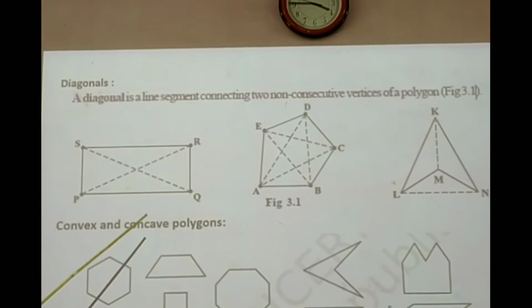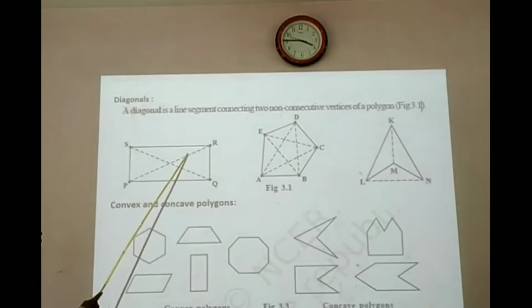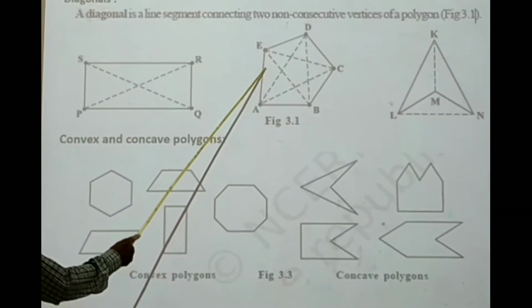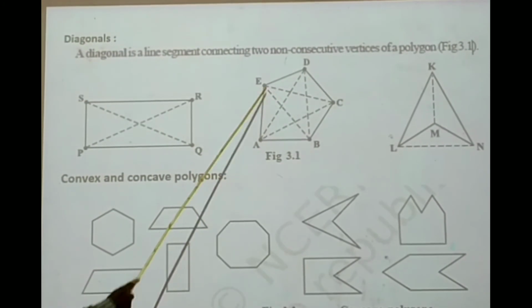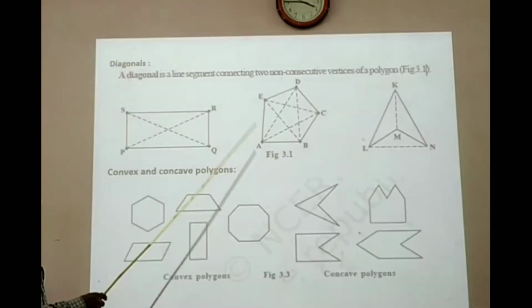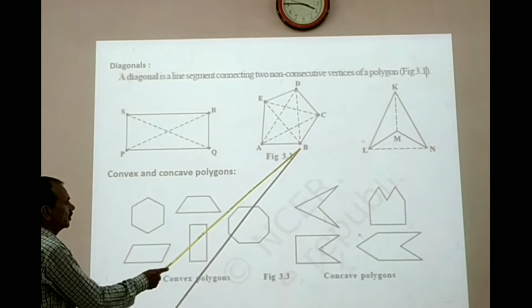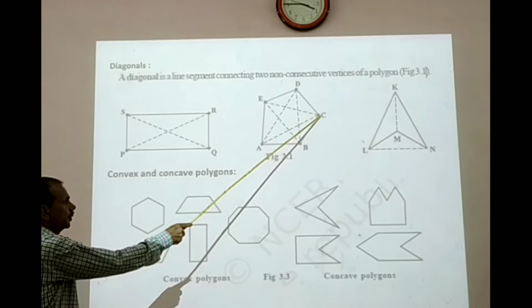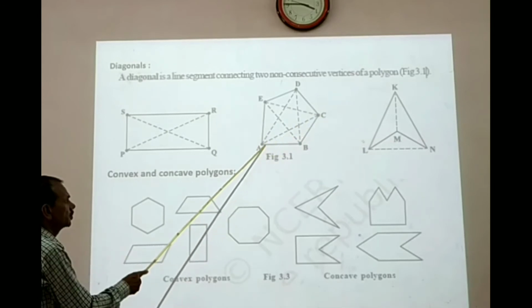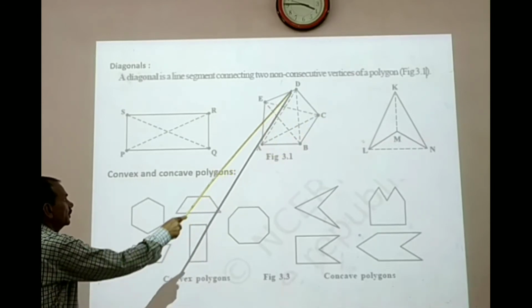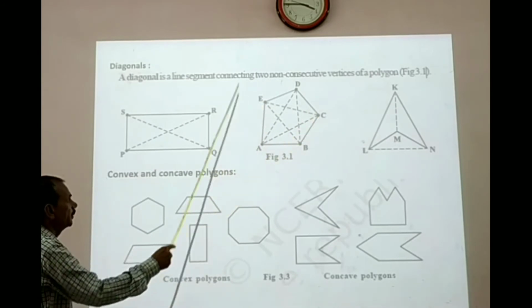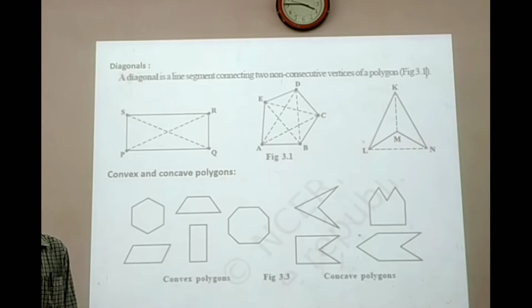diagonals. I just explained for the quadrilateral. Of course, this figure is the quadrilateral. A quadrilateral has two diagonals. Here, 1, 2, 3, 4, 5 sides, a five-sided polygon, so it is a pentagon. A pentagon has such type of diagonals. See there. Skip the adjacent vertex, then join the next one. That is called a diagonal. This is one diagonal, two diagonals, this is 3, 4, and this is 5. Total 5 diagonals in this one.